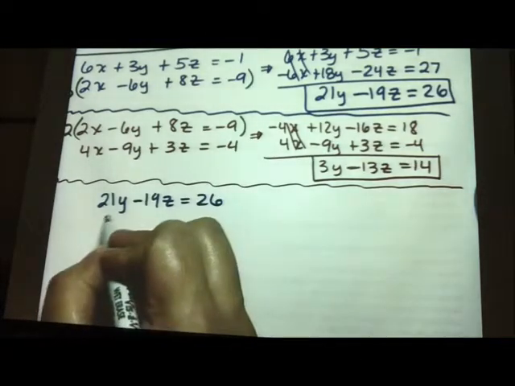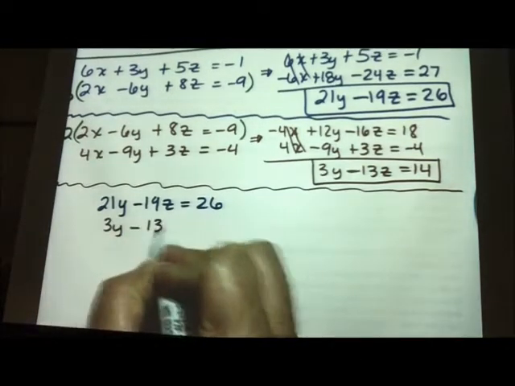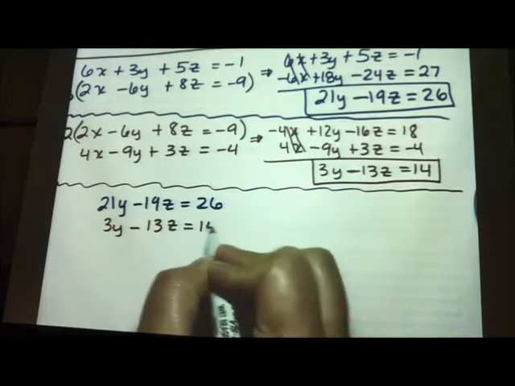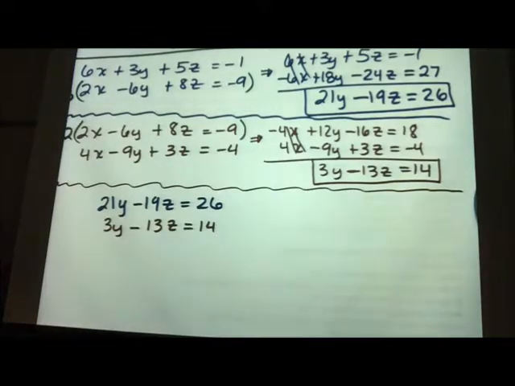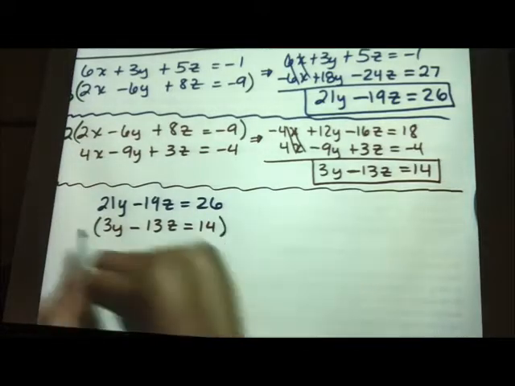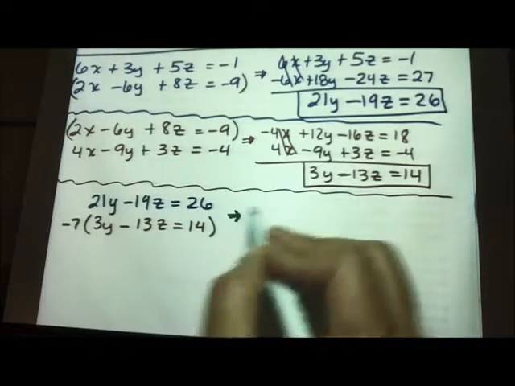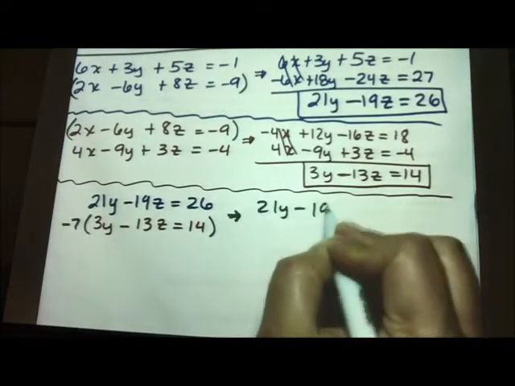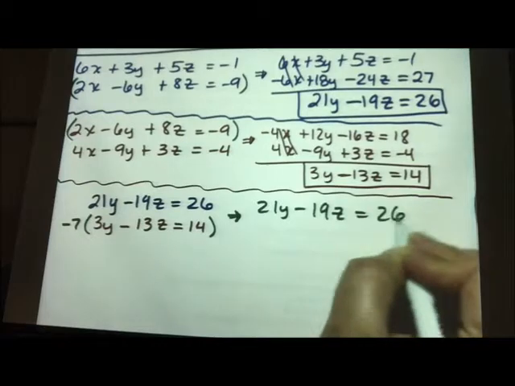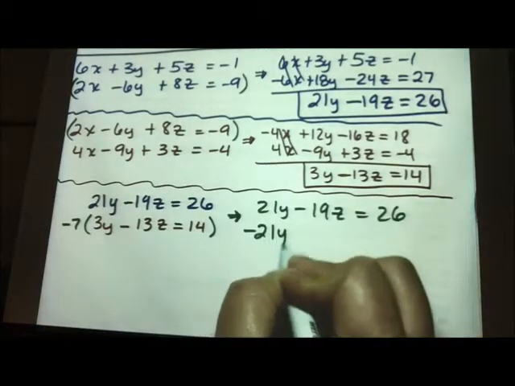And then I have 3y minus 13z equals 14. When I see these two, some of them are kind of big numbers, but I'm trying to eliminate whichever one is easier, and I think it would be 21y and 3y, because if I multiply this by a negative 7, that should help. So the top one stays, 21y minus 19z equals 26,